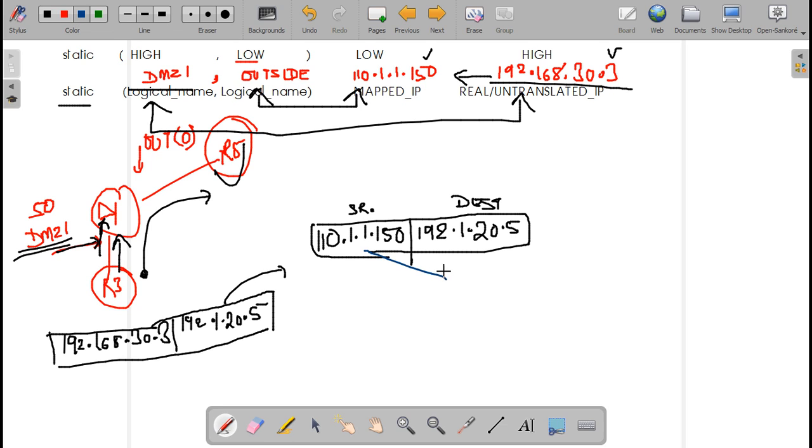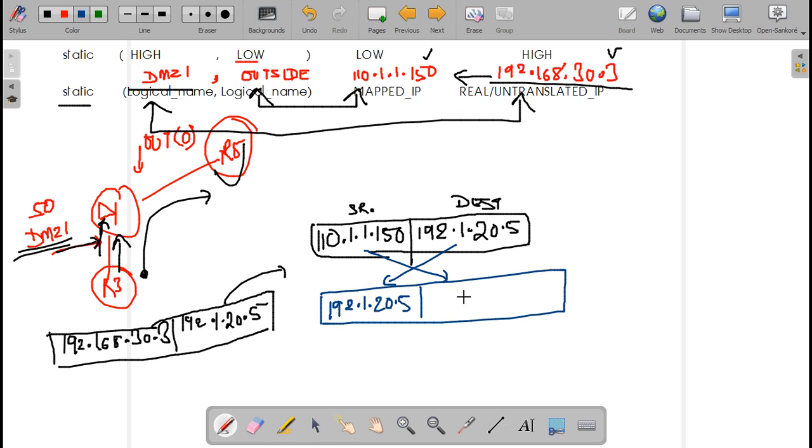So this will be a packet where the source will become 192.1.20.5, and the destination will become the other. Isn't it correct? The destination will become source and source will become destination. This packet will be coming in this direction.